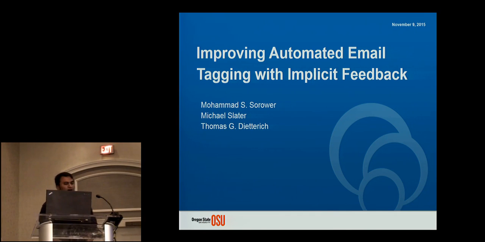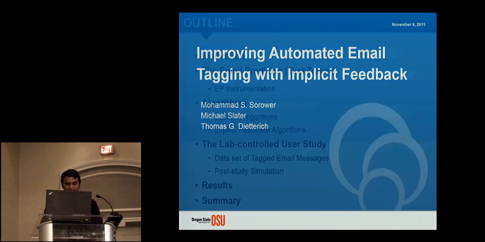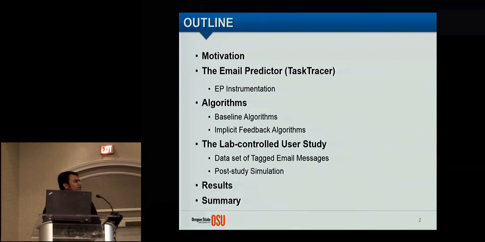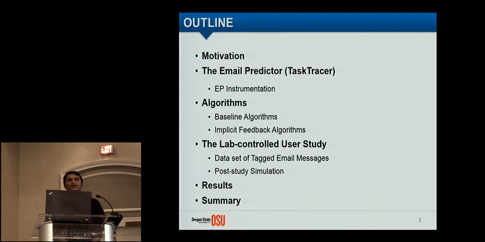So our paper is about how we can exploit implicit feedback to improve the performance of an online automated email tagging system. I'll be briefly talking about the problem we are trying to solve and why we think implicit feedback can help us. Then I will talk about the email prediction system we have, which is part of another big